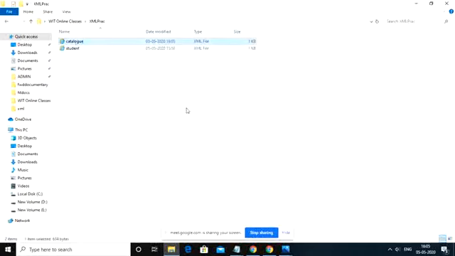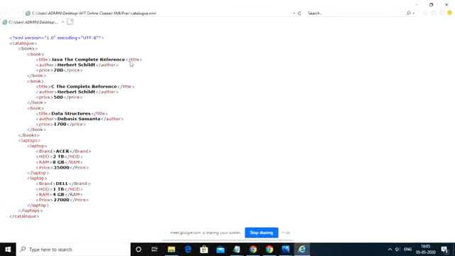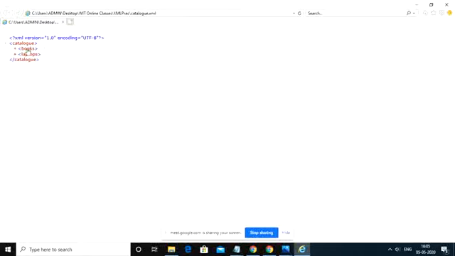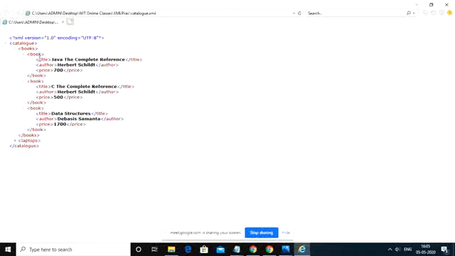If you see the output of this catalog file, within catalog we are having 2 childs called laptops and books. Inside the catalog, as of now we are having only 2 childs, books and laptops. If you expand books, you are having 3 book childs. 3 book childs are available for the books tag here. Again within the book tag you are having 3 childs called title, author and as well as price here.